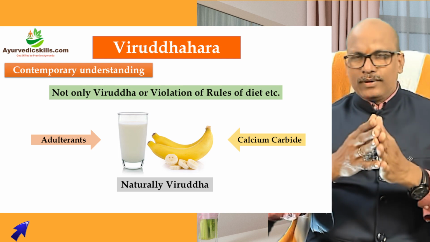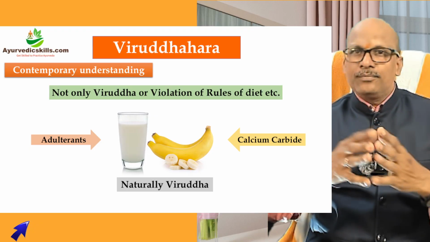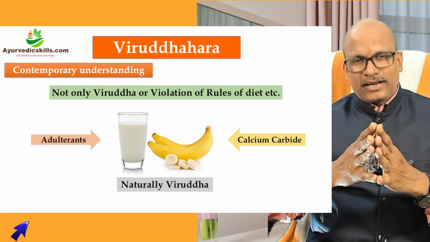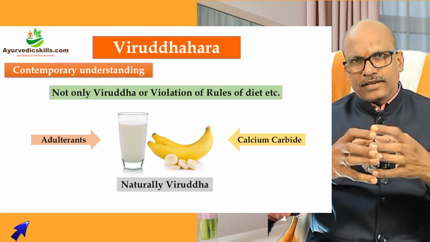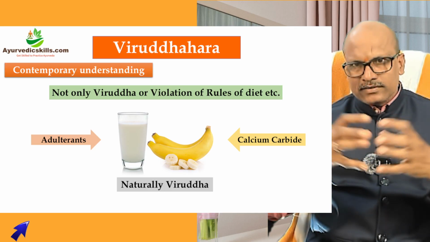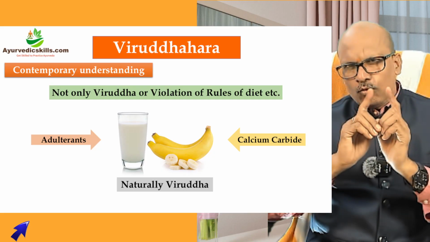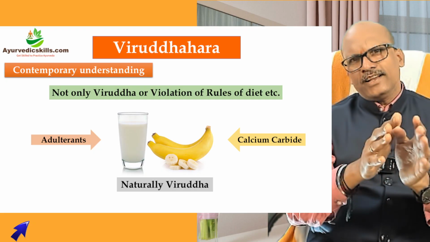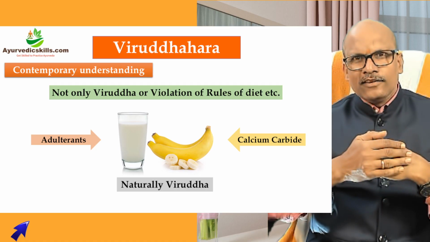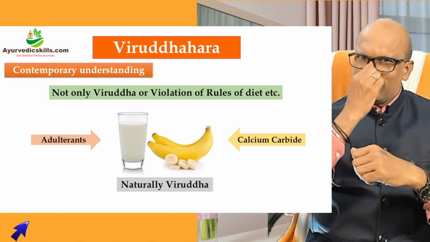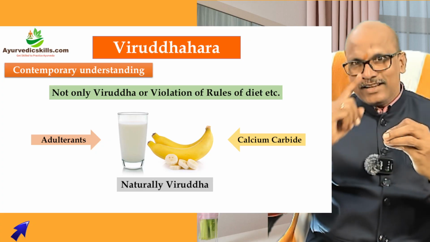Now fruits. For example, how is banana ripened? It is ripened using calcium carbide. Most of the fruits are ripened using calcium carbide, and that calcium carbide enters inside the fruit. Now that sanyoga, we call it Viruddha, right? It causes a skin disease. Now, is it wise to consider this as the general Viruddha explained in the classics, or do we need to think in a different way? We need to consider it as Visha Viruddha. It's not just the Viruddha explained in classics. It is Visha Viruddha. You need to keep that in mind.